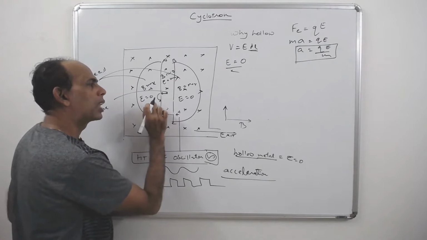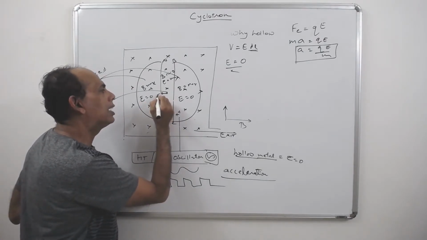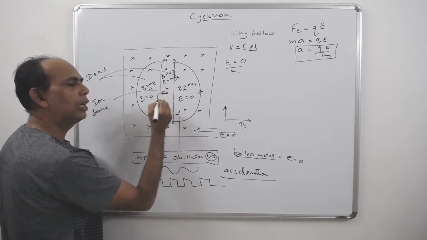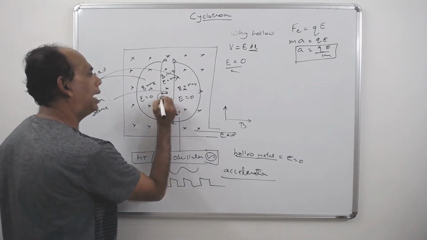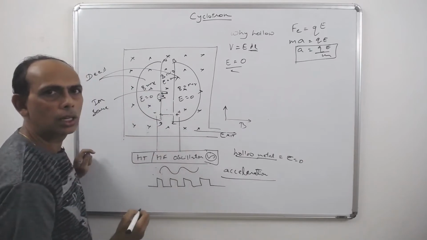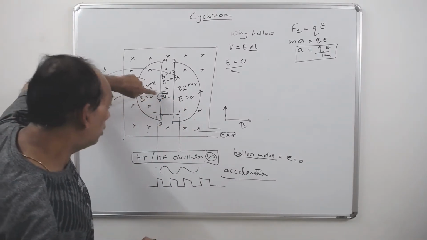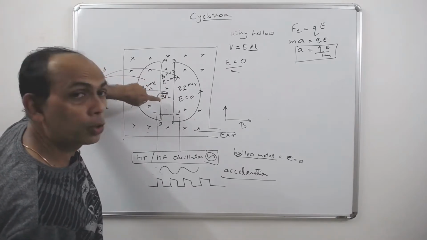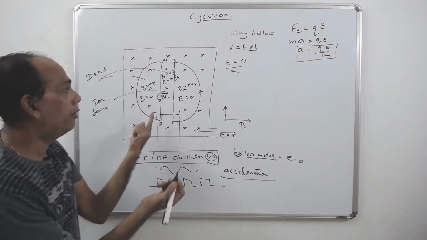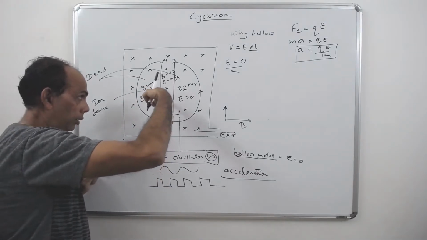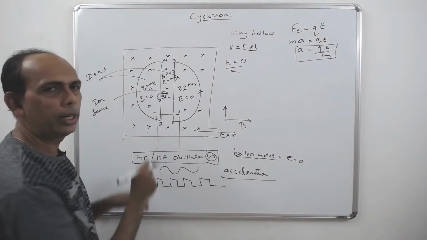Here, in this place, it is taking a curved path because at every instant the force is acting on it in such a way that it is acting towards the center of the circle. This is the direction in which the magnetic force acts on it. So it doesn't allow it to go straight. The particle takes a curved path over a very small radius.